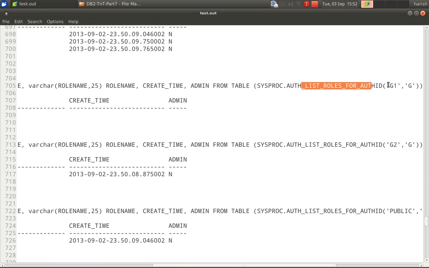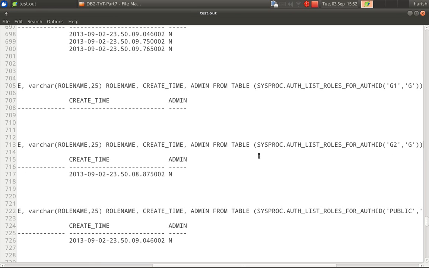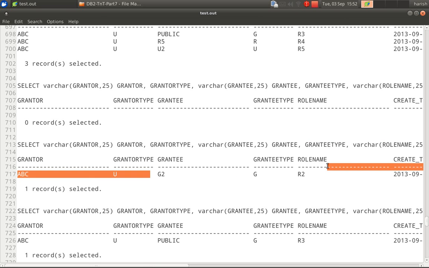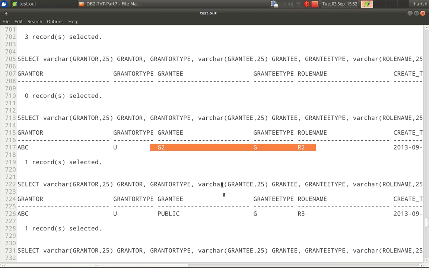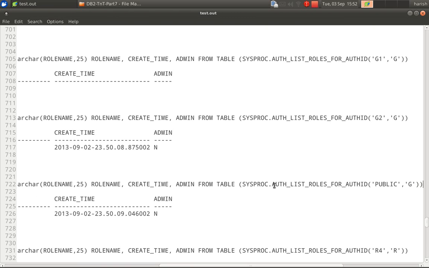auth list roles for auth ID. So for this particular group G1, what are all the roles? I can use this method also, auth list roles for auth ID. For this particular group, what are all the roles? We did not grant any roles to G1, so it's not there. But we remember for G2 group we have assigned a role R2, correct? We granted a role R2, so that is shown here, right? Similarly for public we granted R3, that is also shown here. Okay,